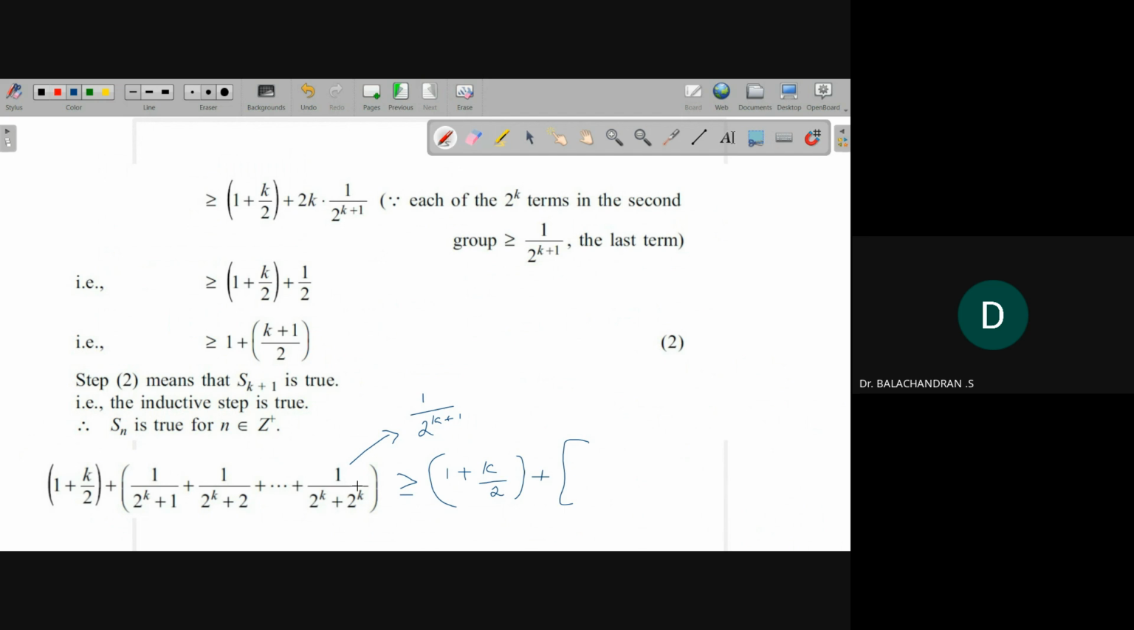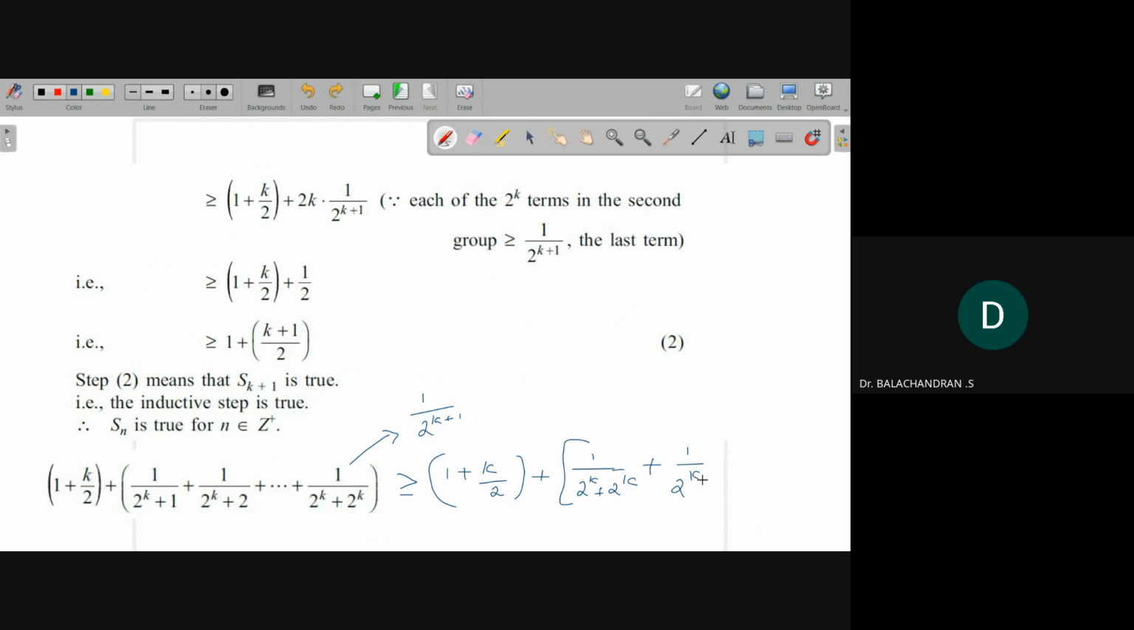Okay. So each term I am replacing by this quantity. What is this quantity? 1 by 2 power k, because that is the smallest quantity. This one I am replacing by this one plus 1 by what? 2 power k plus what? Sorry, plus I should put here